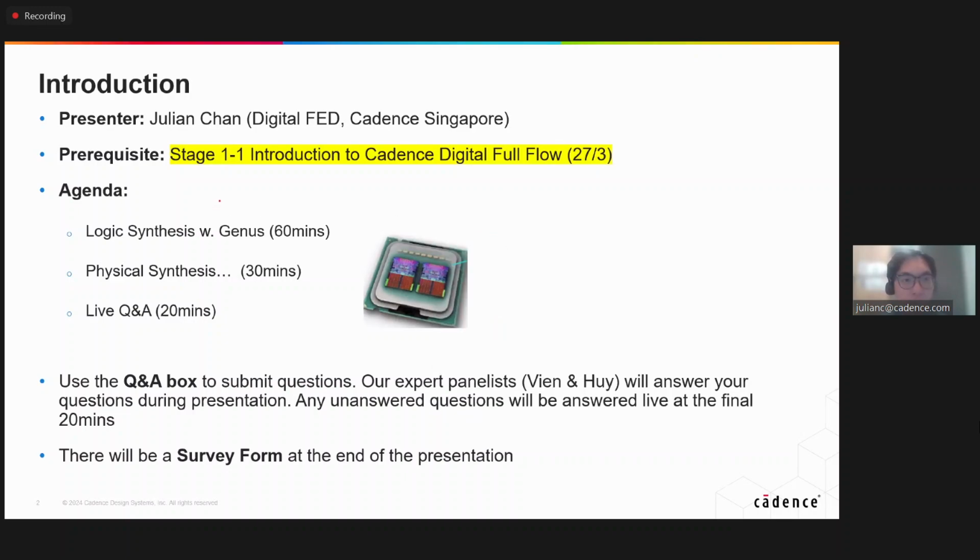The agenda for today's session will be 1 hour on the logic synthesis topic, where we will talk about how our Cadence tool, Genus, does the logic synthesis. And then for the next 30 minutes, we'll talk a bit on physical synthesis and also some other topics like LEC and DFT. And then for the final 20 minutes, we will do a live Q&A,